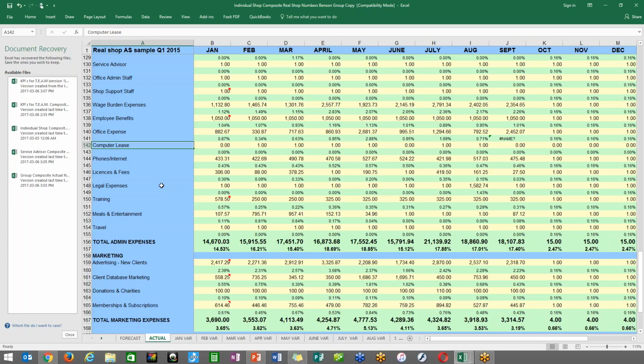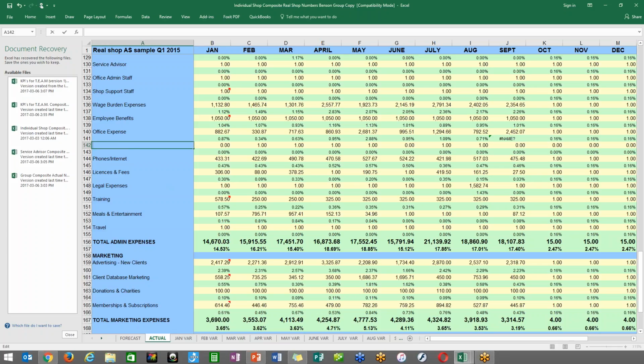Computer lease, in the day that was important, and when I ran this with a company in the US, I won't mention the name of it, but they want a computer lease on there. What I like to see here, because it's under office and admin, is maybe the lease that you're paying for your shop management system. So if you're paying a monthly fee for your shop management system, and again, because you own this composite, you can simply go into there,